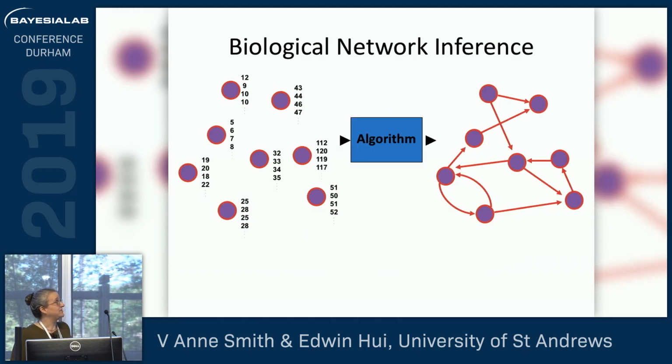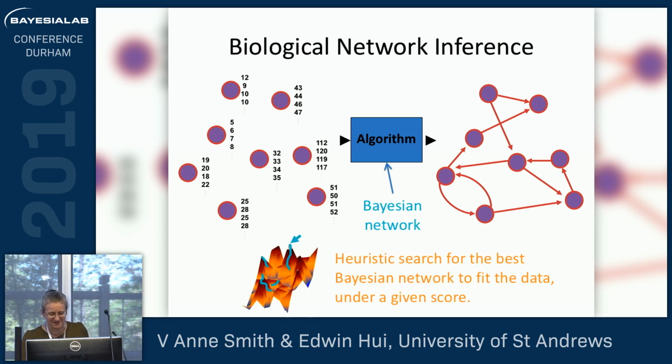So what my group is interested in is the problem of biological network inference. So we've got a system of some kind of variables. These might be regions in the brain or different species. And they interact in some way, and we want to know that. That's basically the question we want to know. So we apply an algorithm to this to get out the set of putative interactions. You can probably guess the algorithm that we use is Bayesian networks. And in particular, we use heuristic searches for the best Bayesian network in a score-based system, and we've used a number of different scores.